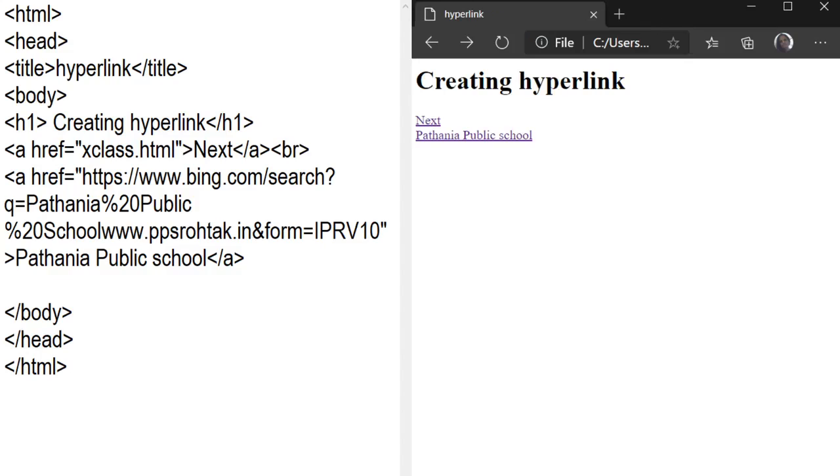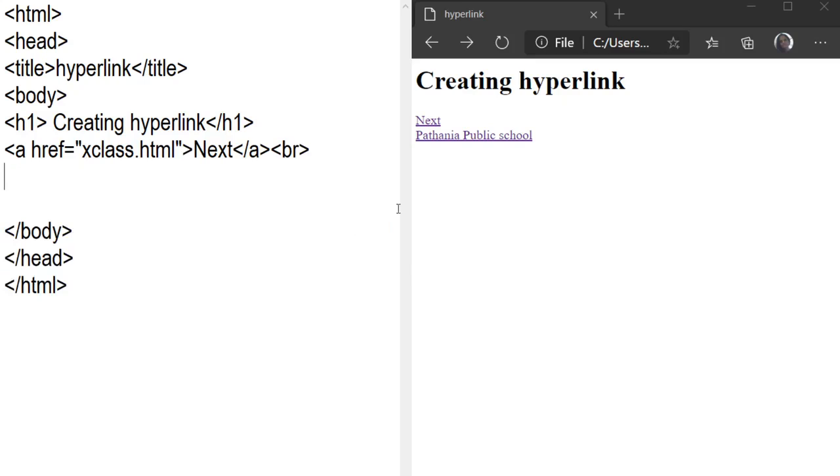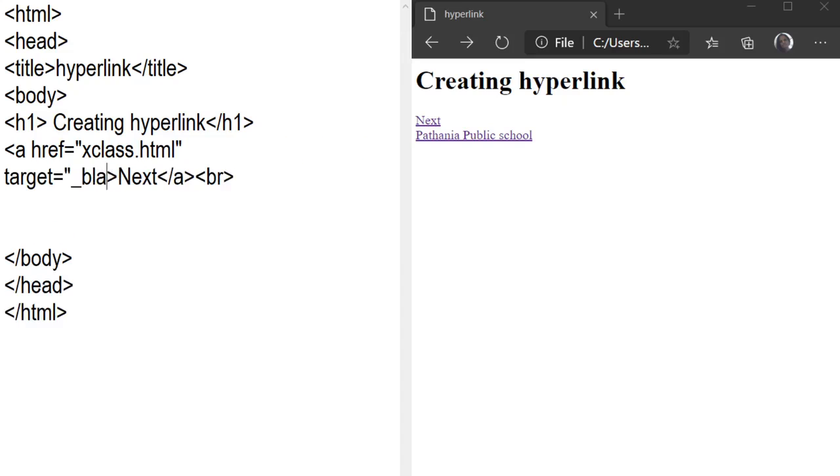So what you can do here, again you can open your notepad, and we remove this link here so we see the result clearly. Here you can give one space first, and then write down target. The name of the attribute is target is equal to inverted comma start, then underscore, and then write down blank, and then inverted comma close.